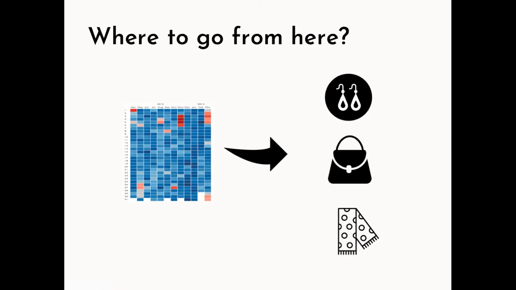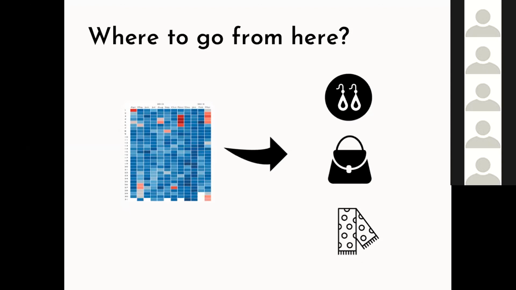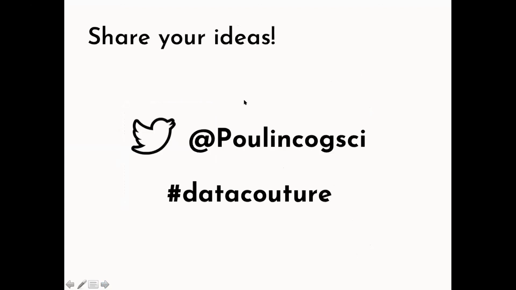So I've been thinking about what objects are easy, or relatively easy for me especially, to produce. I was thinking jewelry, like earrings, clutch purses that are made out of renewable or eco-friendly fabrics, as well as silk print scarves that actually have data visualization prints on them. So this is just a starting topic, but what I really want is for those in the Tableau community and broadly the data community to talk more about this topic, and